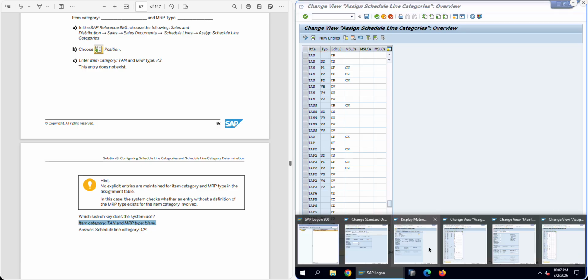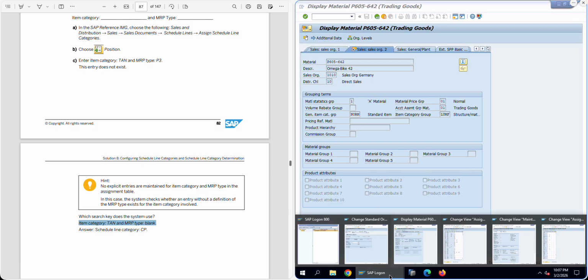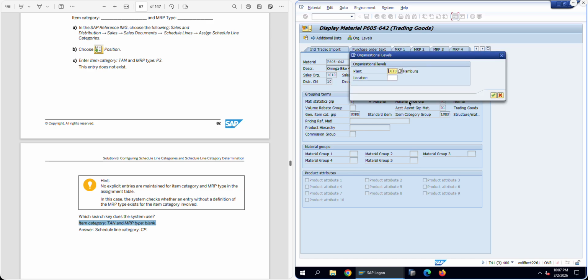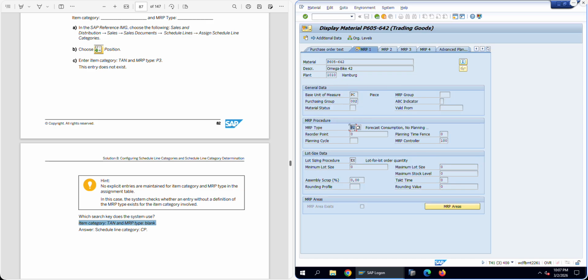So I adjusted the material manually to change the MRP type